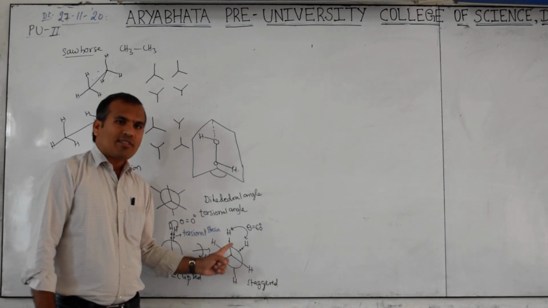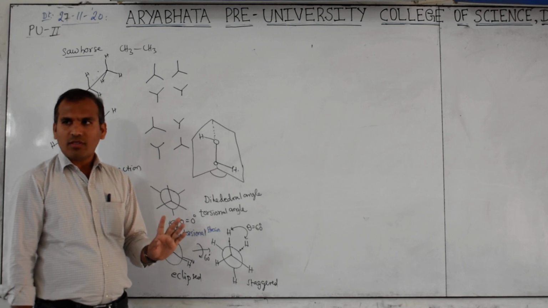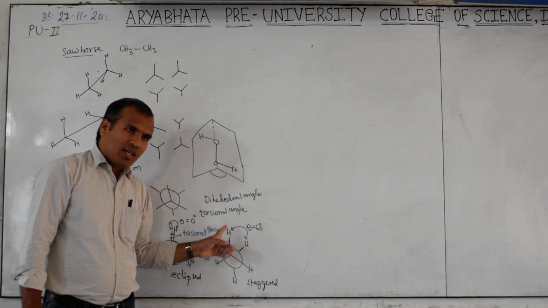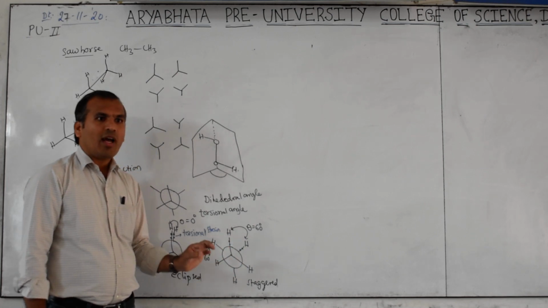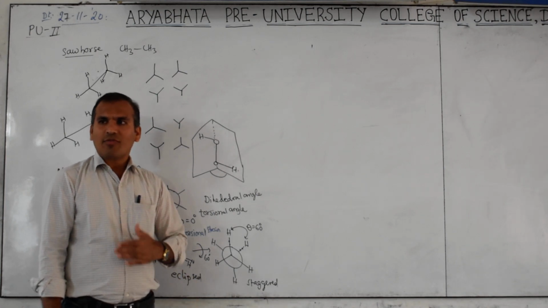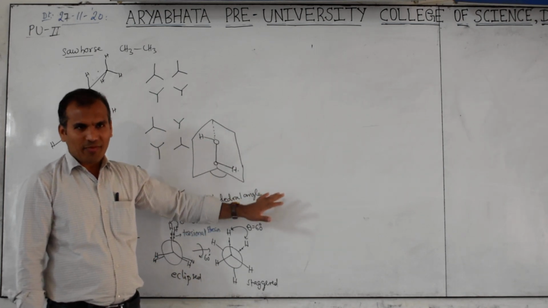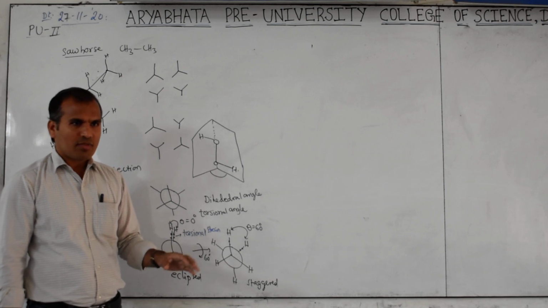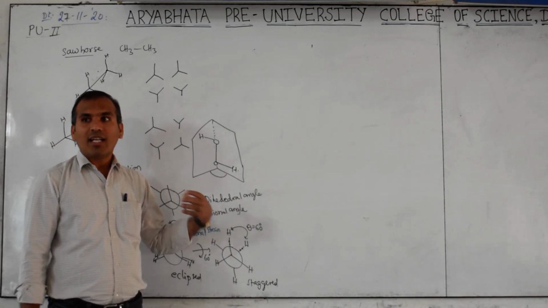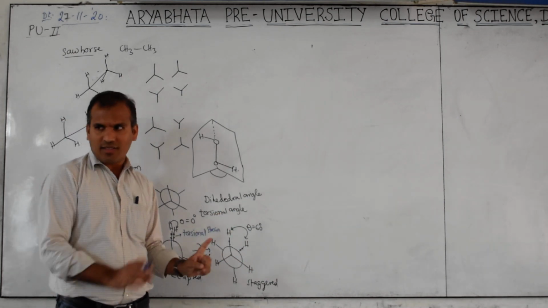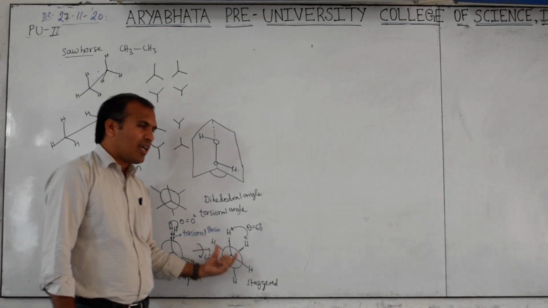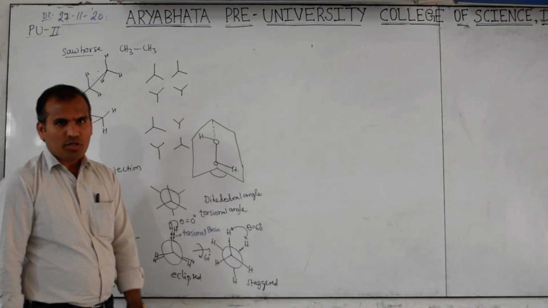This is stabilized by hyperconjugation. So we will not study this hyperconjugation for this one. So what is that? Staggered form is stabilized by hyperconjugation. It is based on molecular orbital theory. That is somewhat higher level, so I can't draw the diagram. But they may ask in the competitive exam, staggered form is stabilized by which one? Hyperconjugation. That is the clear explanation. That is important for competitive exams. Note down that point: why staggered form is more stable, due to hyperconjugation.